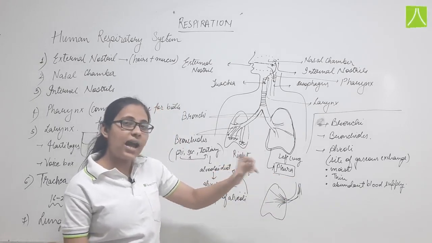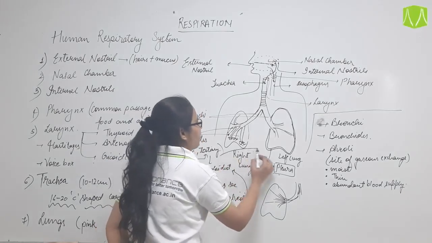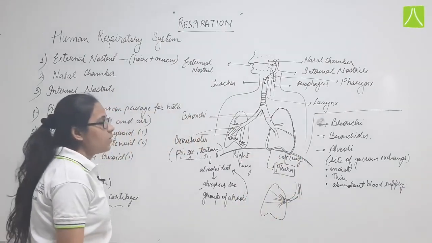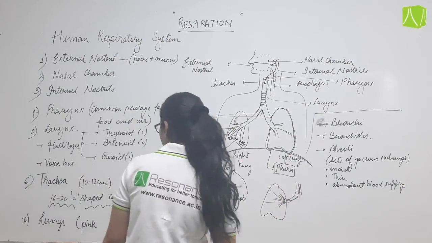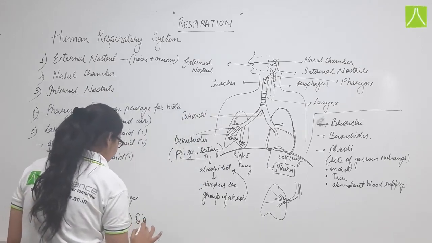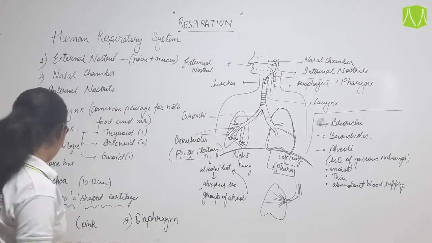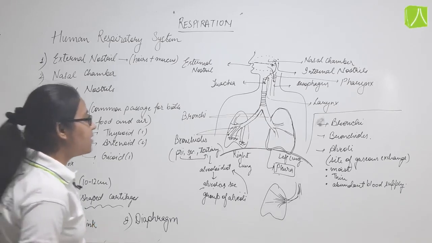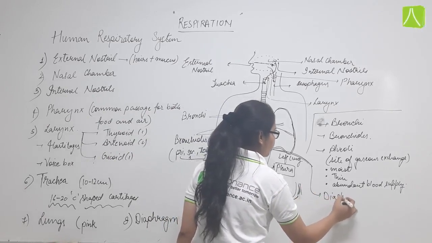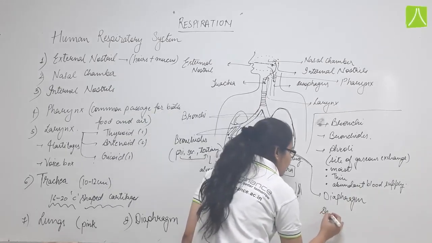After this, the last part of the human respiratory system is known as the diaphragm. What is the diaphragm? After the seventh structure, there is again a structure called the diaphragm. After the lungs, there is a sheet of muscles. This is the diaphragm. It is a sheet of muscles